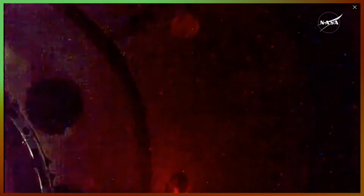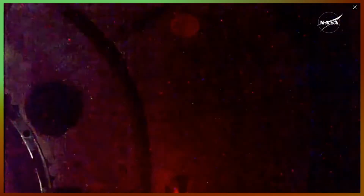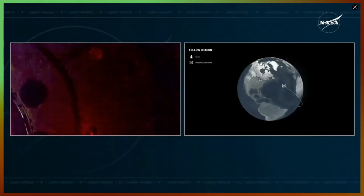Dragon contact and soft capture complete. And there you heard Dragon has successfully docked to the International Space Station. We have contact and soft capture confirmed. Soft capture meaning that the initial soft capture ring around Dragon has physically connected with the International Docking Adapter. And this is just the first part of the overall docking sequence, Anna. And so we did have that contact confirmed at 9:04 p.m. Pacific, 11:04 p.m. Central, while both Dragon and the International Space Station were flying 260 statute miles